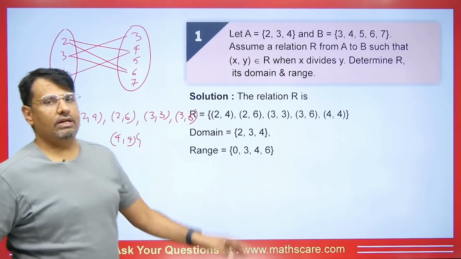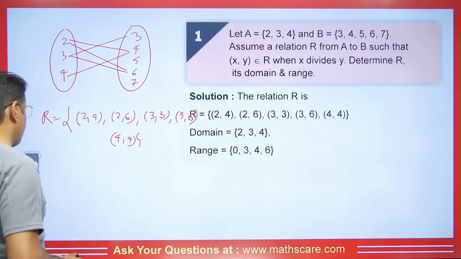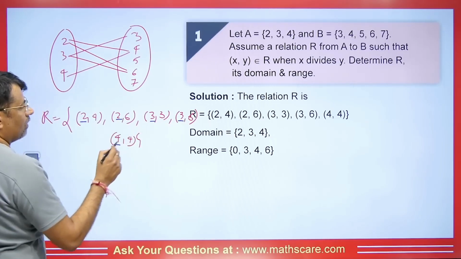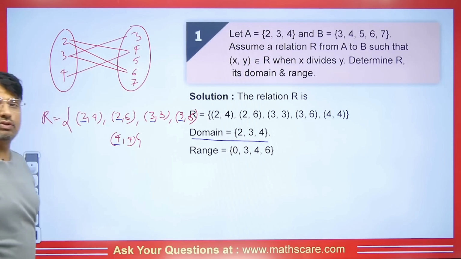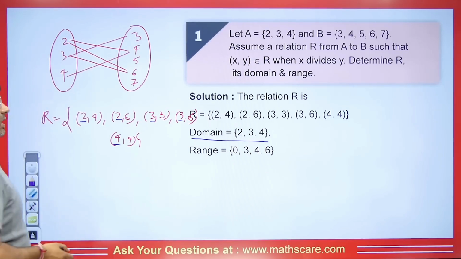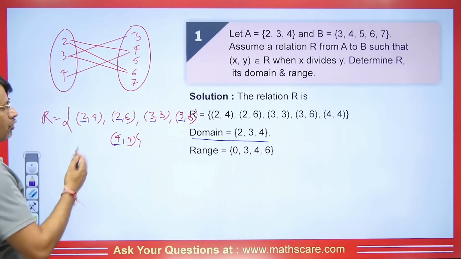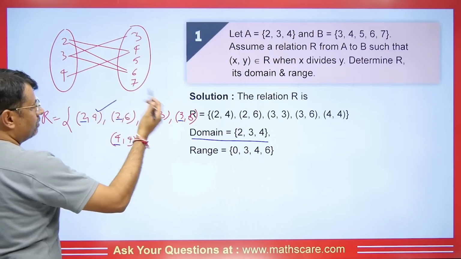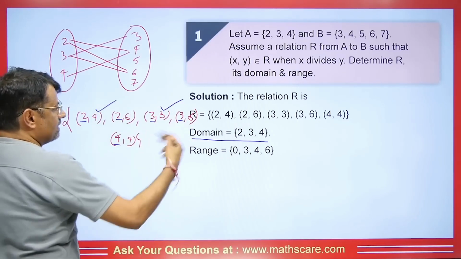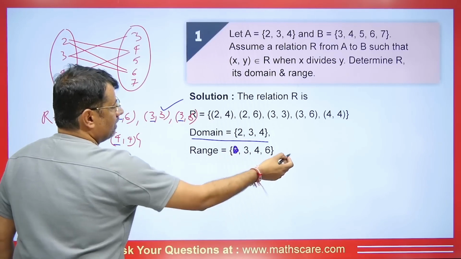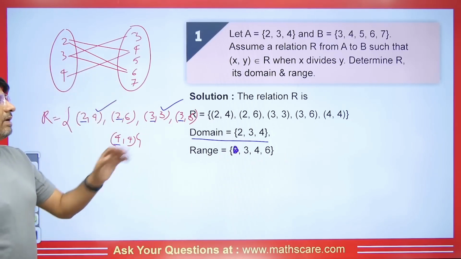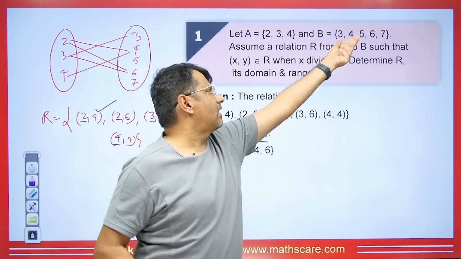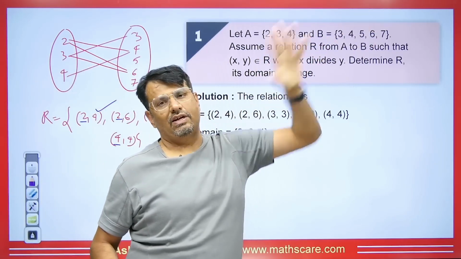Now you will be asked about its domain. Whatever comes in the first position, that will be its domain. So which is coming first? It's 2, 3 and 4. So {2, 3, 4} is its domain, and then we'll talk about range. So what will be the range? Whatever is connected: here 4 is connecting, right. Here 3 is connecting, right. 6 is connecting, this is not 0. So here 3, 4 and 6 will come, right. This will be its range. If someone asks what the codomain is, the codomain will be 3, 4, 5, 6 and 7, right?